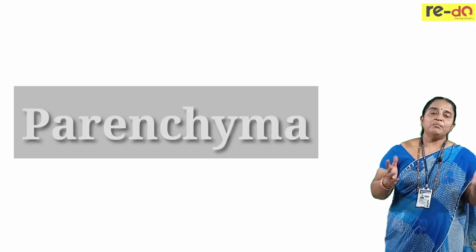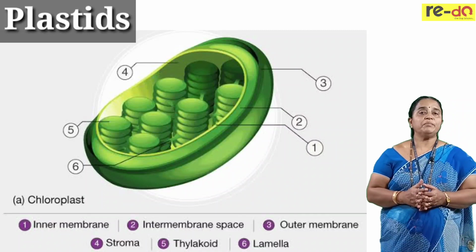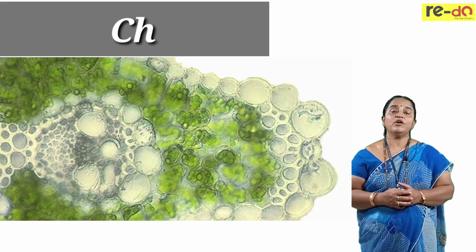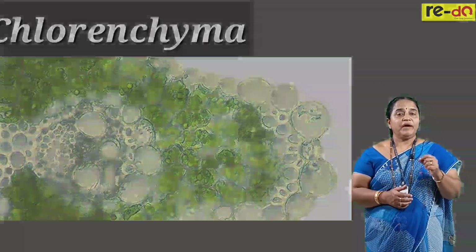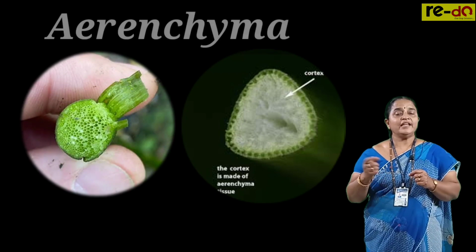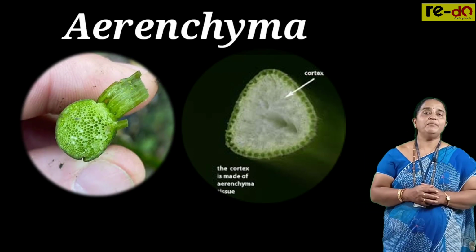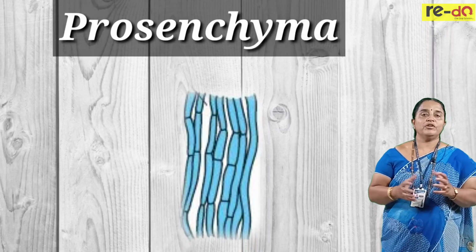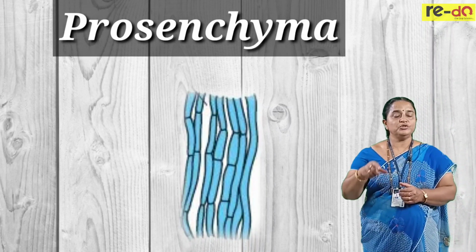Parenchyma having more plastids is found in green parts of the plant body like leaves. So they are known for photosynthesis, known as chlorenchyma. If the parenchyma stores air in the intercellular spaces, then it is aerenchyma. The air stored here helps in gaseous exchange and gives buoyancy to aquatic plants so that they can easily float on the water surface. The prosenchyma is modified parenchyma known for storage of nutrients, usually found in the cortex region.